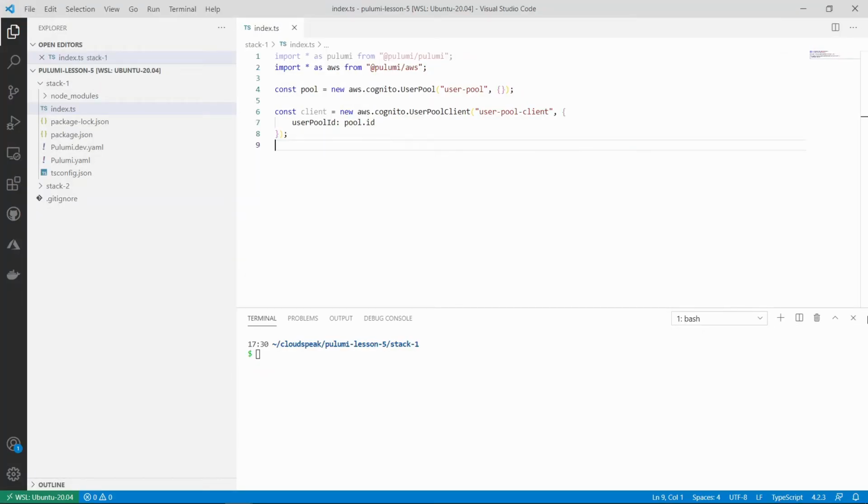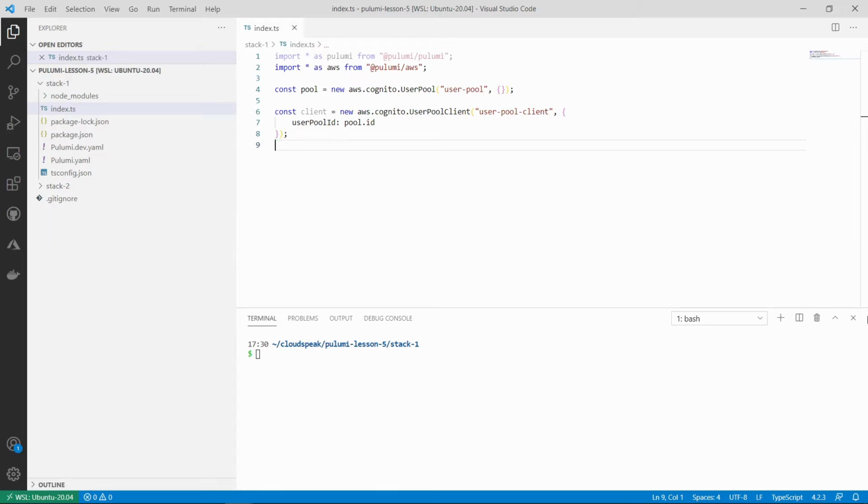Sometimes when we deploy Pulumi stacks, it can be useful to extract certain values from the deployed stack, possibly because we want to inspect them manually, or perhaps because another program is going to then use those values, perhaps a different part of our CI pipeline, or possibly because we want to use those values in other Pulumi stacks. And so in this video, I'm going to demonstrate how Pulumi allows us to do that with its concept of